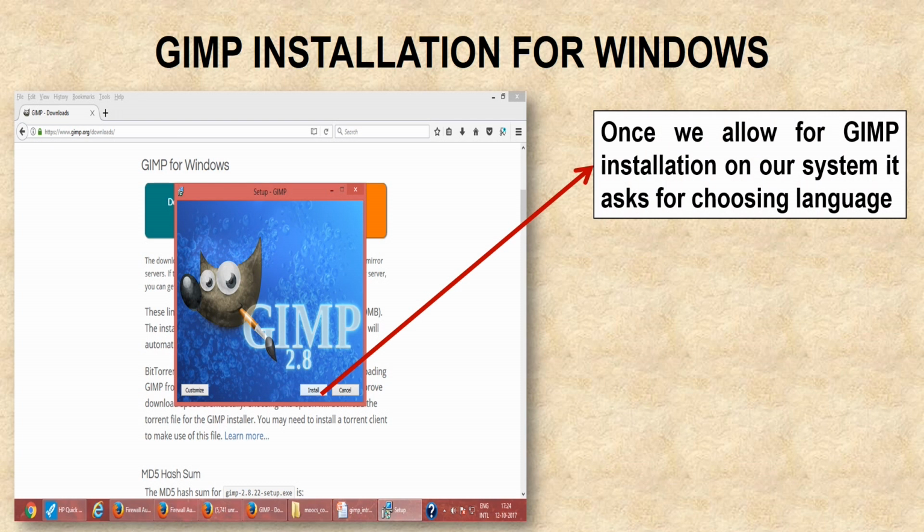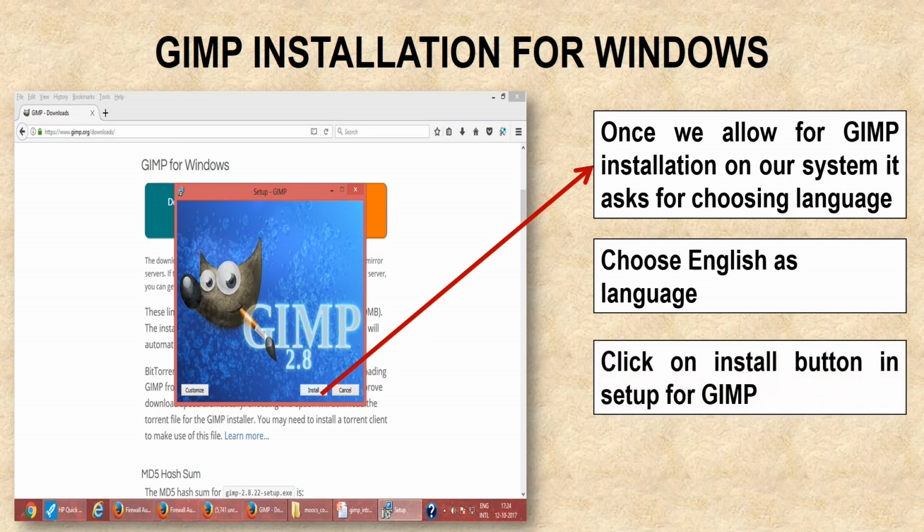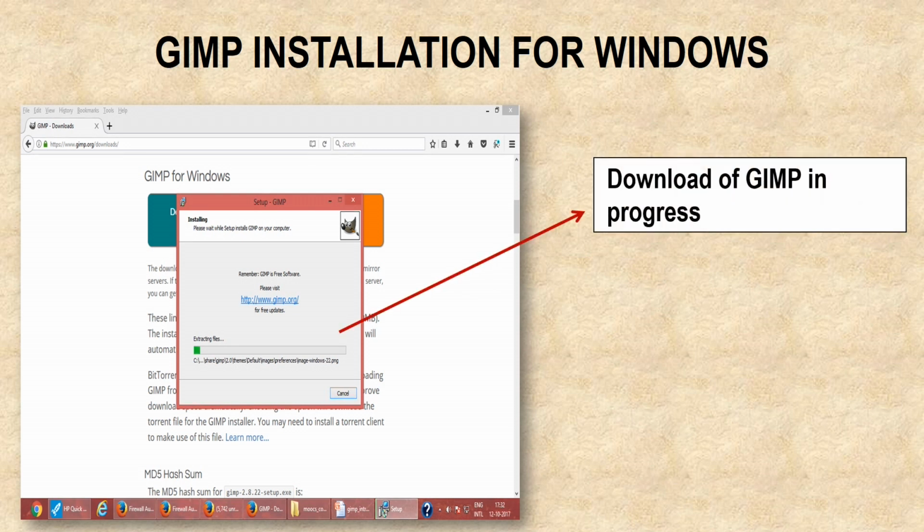Once we allow for GIMP installation on our system, it asks for choosing the language, and the language in our case is English. So, we are going to set English as a language, and after that click on the button given here in this figure, that is install button, and it will start the installation process. And after this the complete installation process will be over, and currently the image is showing that the process is in progress,